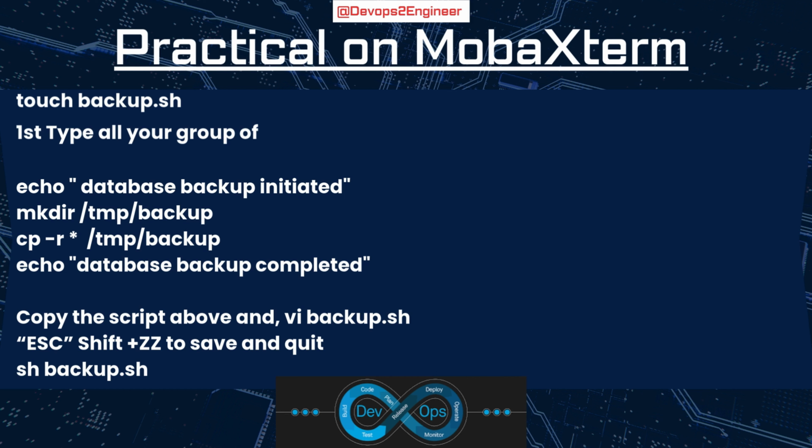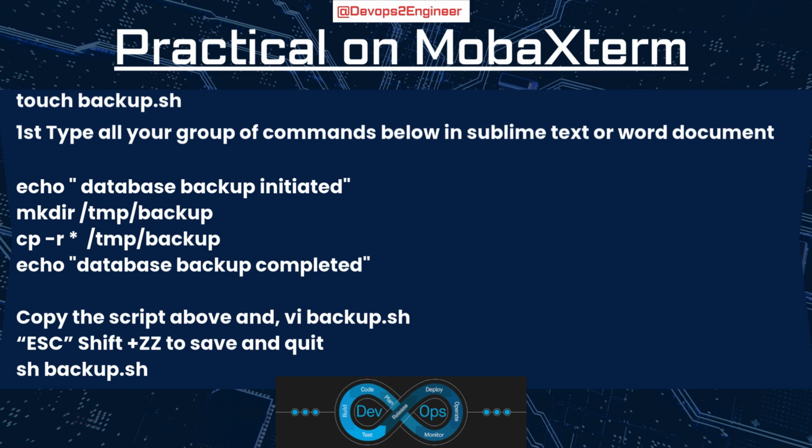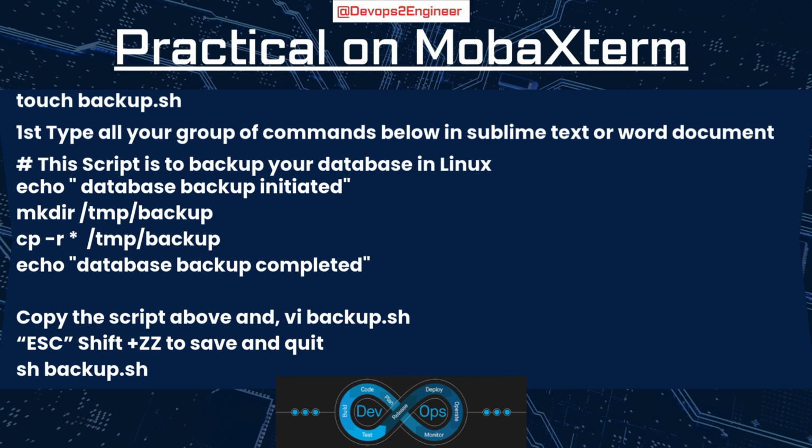Practical on MobaXterm. So once you're on MobaXterm, what you're first going to do is touch backup.sh. Then you're going to copy this. You're going to write down all the group of commands below in Sublime Text or in a Word document. Echo database backup initiated. Make directory